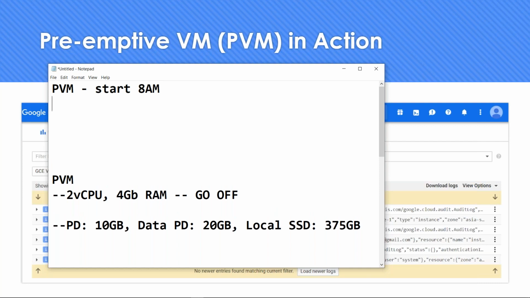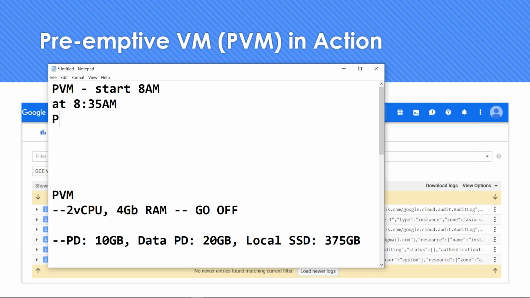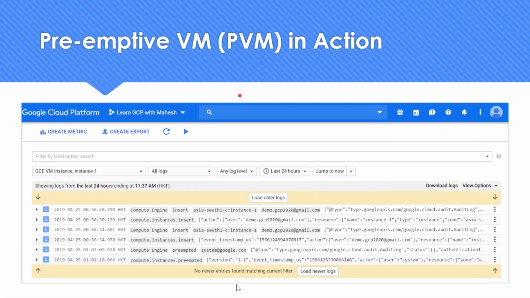Now it is running, and at 8:35 a.m. Google sends a notice, so it's going to come down, meaning your preemptible virtual machine will be in shutdown state. Now this is going to generate information like what you are seeing here,